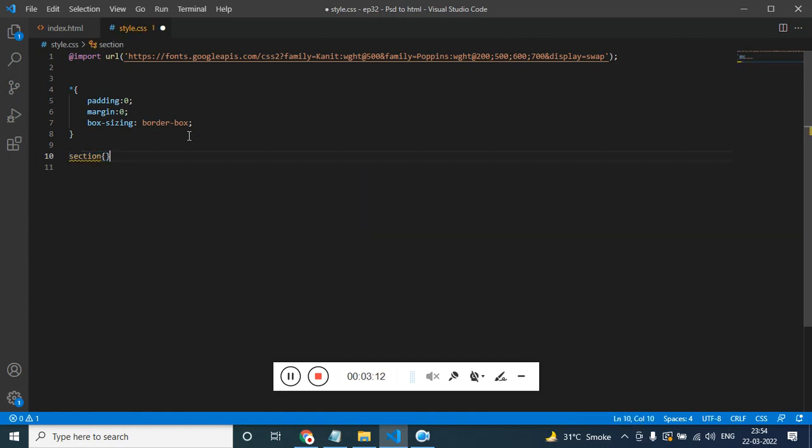Inside section we have row, and inside row we have column. Inside the first column we have image, inside the second column we have some HTML text, which is h3, then we have h1,